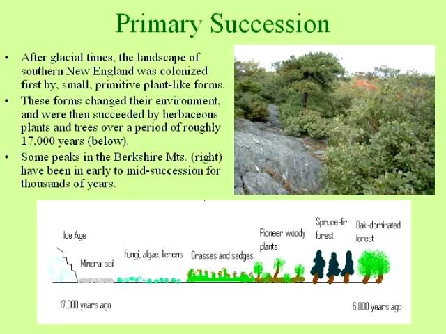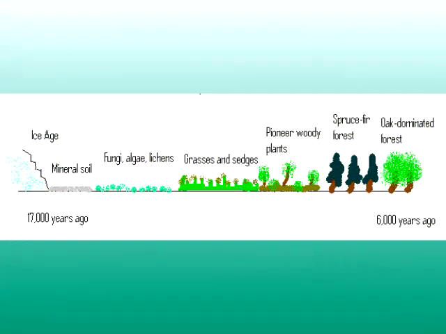But let's look at this image at the bottom of this slide here and consider what's more typical for lowland areas. Along about 17,000 years ago, the Ice Age in southern New England was coming to a close, and ice was retreating from across this region, with areas on the present coastline being ice-free first, and this Berkshire region retaining ice the longest.